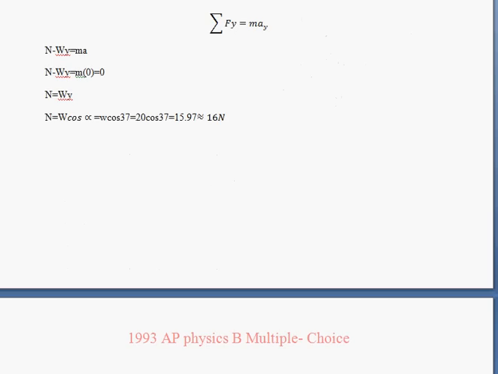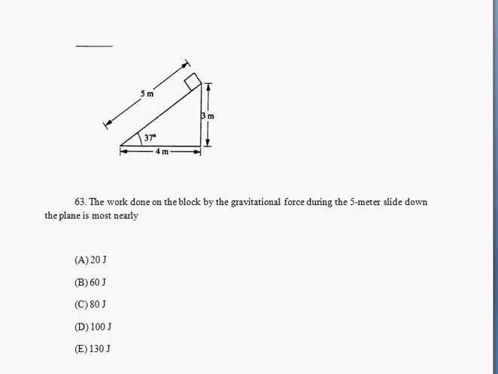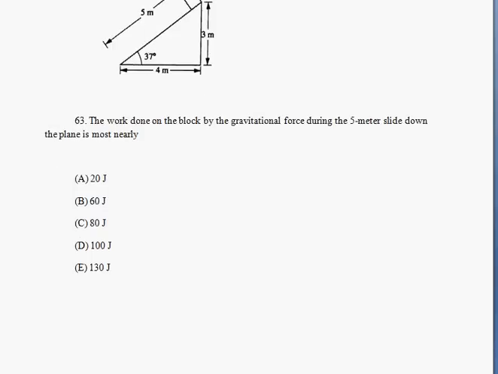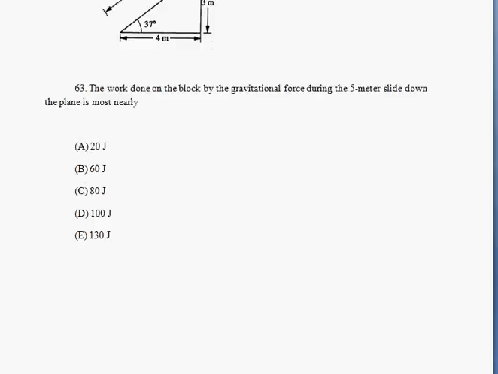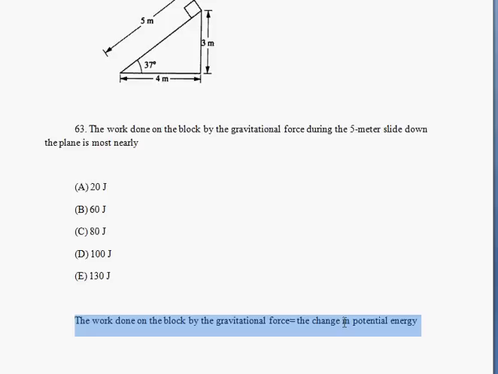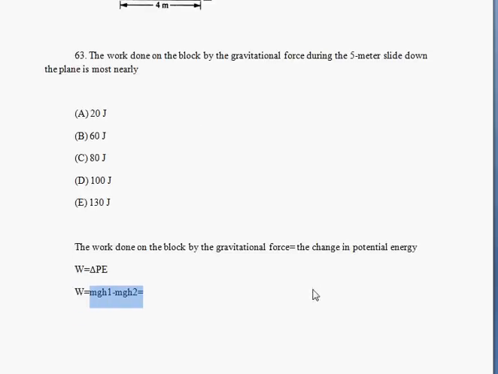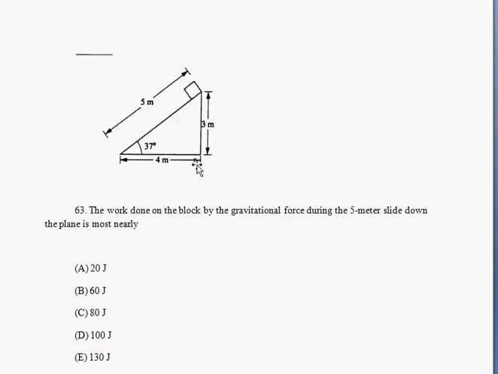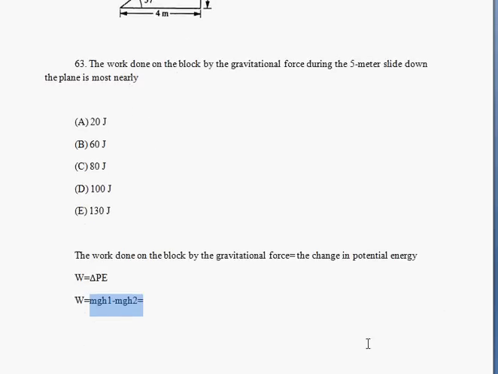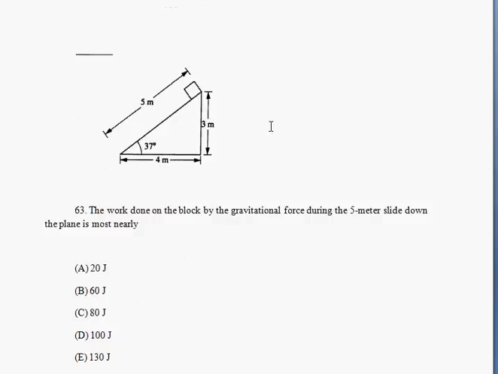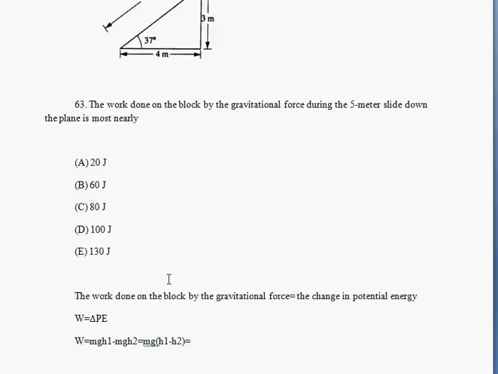The last question. The work done on the block by the gravitational force during the 5 meter slide down the plane is most nearly... We know the work done by the gravitational force is the change in potential energy. So work equals change in potential energy. Work equals mgh1 minus mgh2. This is h1 here, and this is h2 at the bottom of the plane. So we can factor mg. We are left with mg times h1 minus h2, and h1 minus h2 is 3, and mg is the gravitational force,